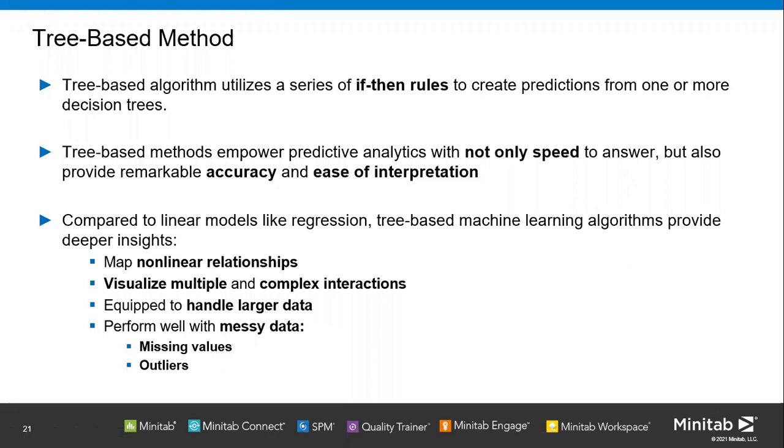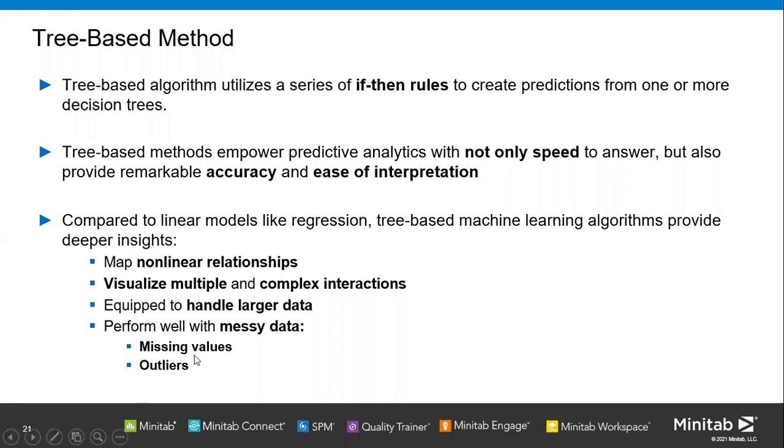So the tree-based method is appropriate for this kind of data set. If you have a lot of missing data and proceed with regression, you need time to handle it. The regression least squares method does not handle missing data well. You need to remove your data,